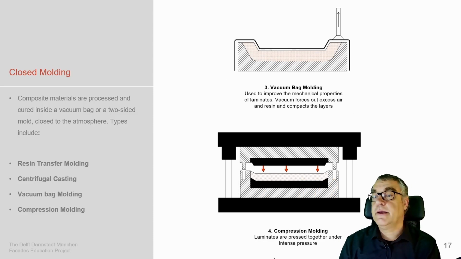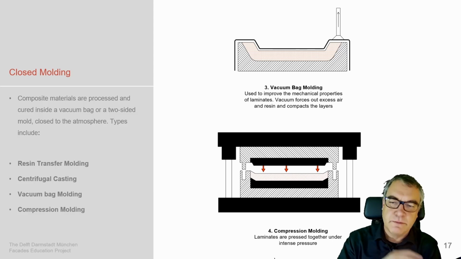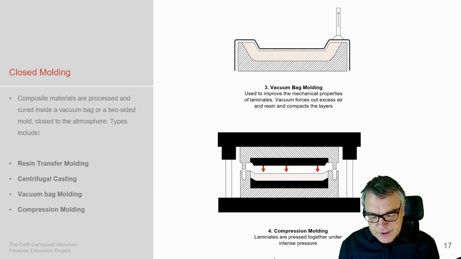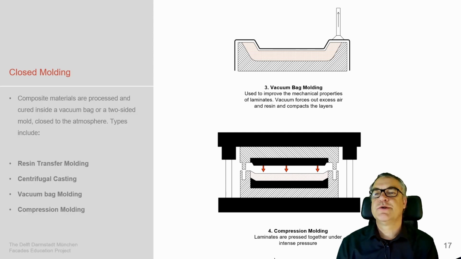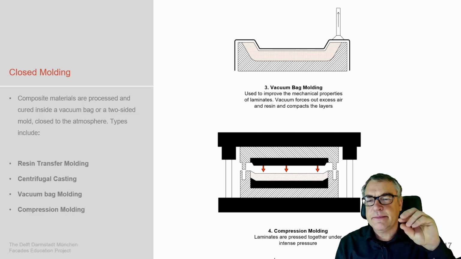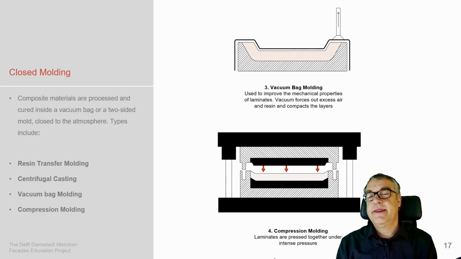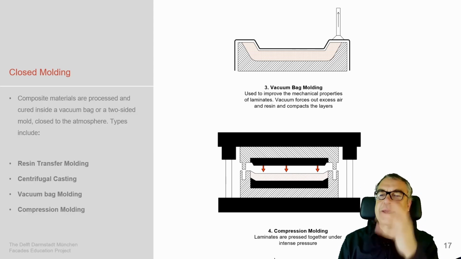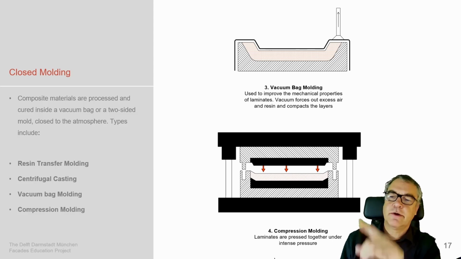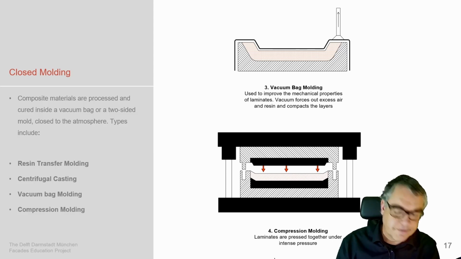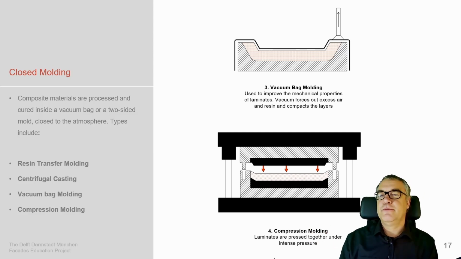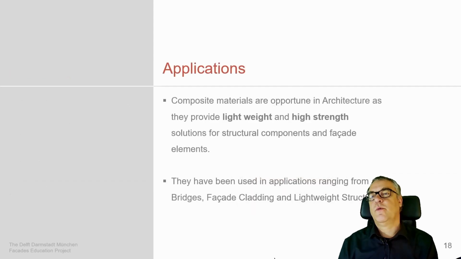And then you come to vacuum bag molding: the mold, the fiber and the resin are brought in position, and the whole thing is evacuated, thereby limiting air in the result and giving a very sharp and precise surface. Yachts, modern sailing yachts, are mainly made with this technology. And then the compression mold, where the laminate is pressed together under intensive pressure in the mold to create the shape as wanted.